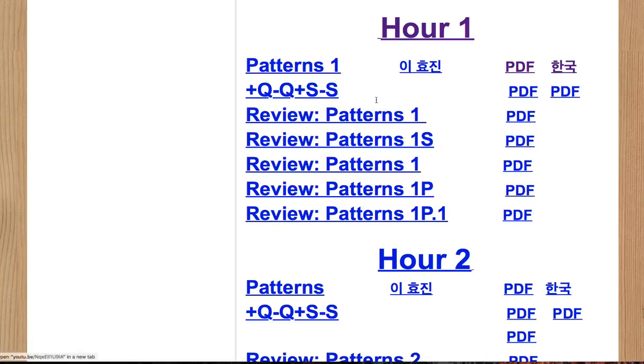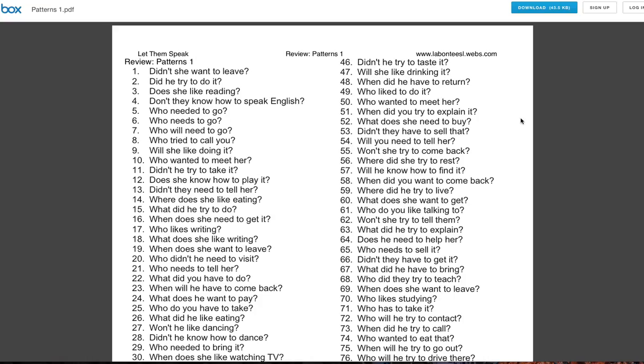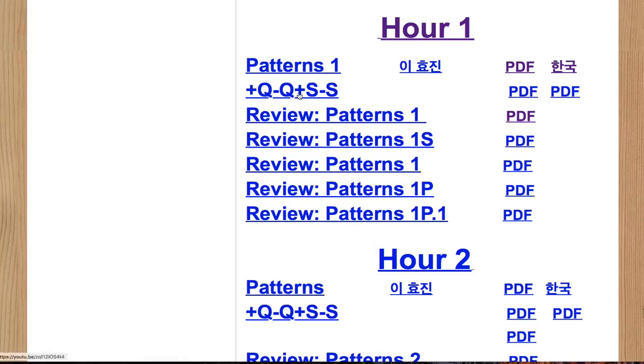In here we have reviews. There's a review of the patterns here. Each one of these will have at least 200 questions. It's a YouTube video. On the side here, there's a PDF they can print out if they like. This is the verbatim of what you find on the video. When they tap the video for the review,